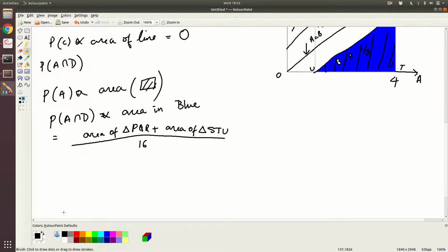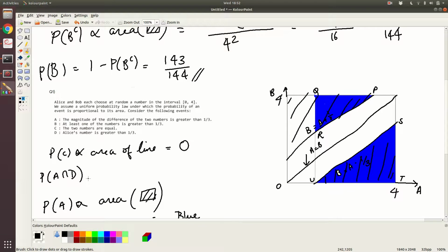All right, so what is the area of triangle PQR? That is half base into height. So now we have to make some observations. This is a square, even though the way I have drawn it doesn't look very clearly like a square, but you know that it's a square. So this angle is 45 degrees. When that is 45 degrees, this angle over here is also 45 degrees. So this angle is 90. So this is now an isosceles triangle. This side is equal to this side.